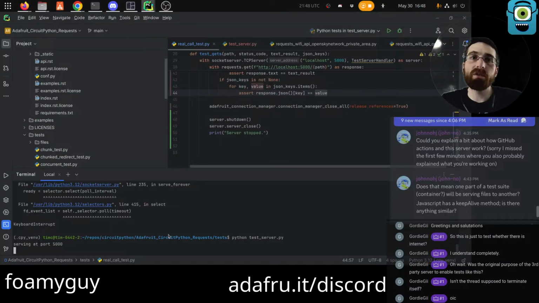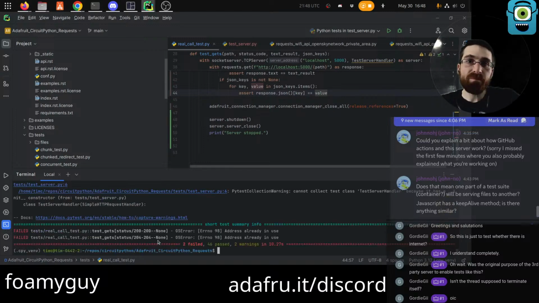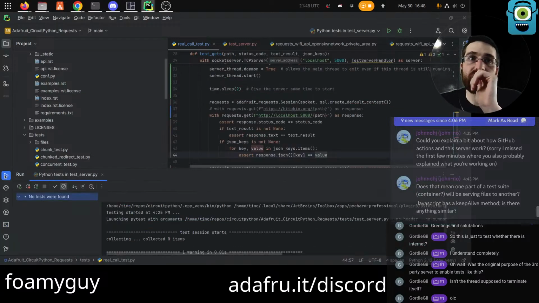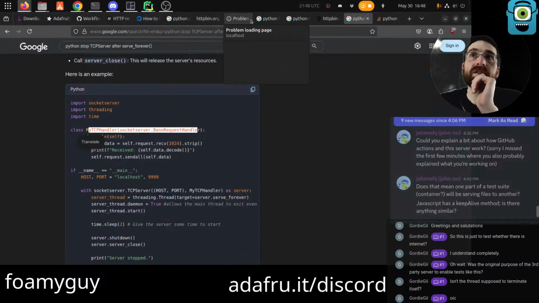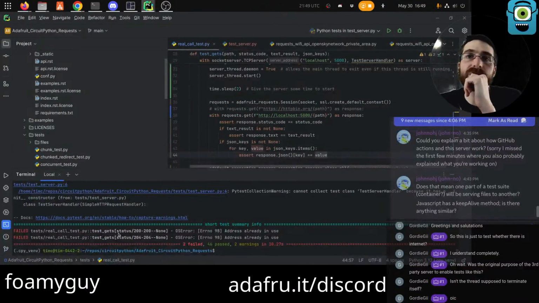So the way to run all the tests I know is python -m pytest. We'll see if that succeeds or not, or if it finishes, maybe it's an infinite loop. Okay, it's not an infinite loop. Address already in use? Because the port's running already? I stopped the port. If I try to do this, I get no response now, right? It's already in use.